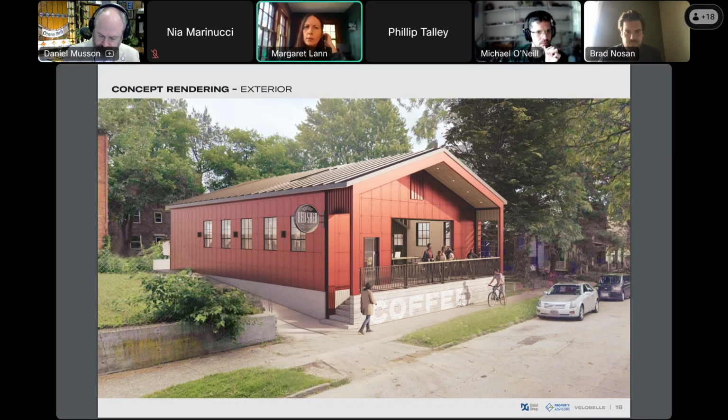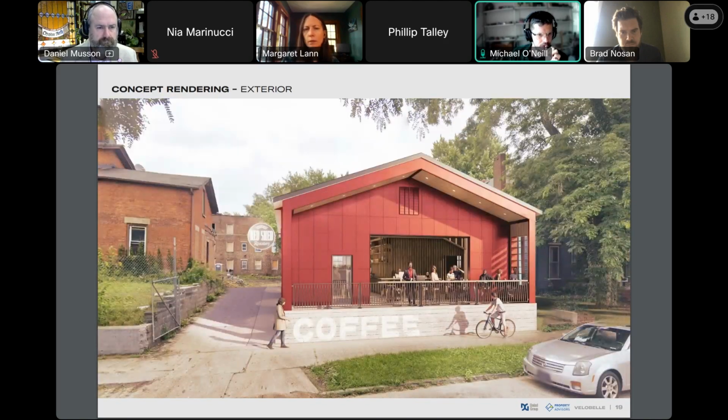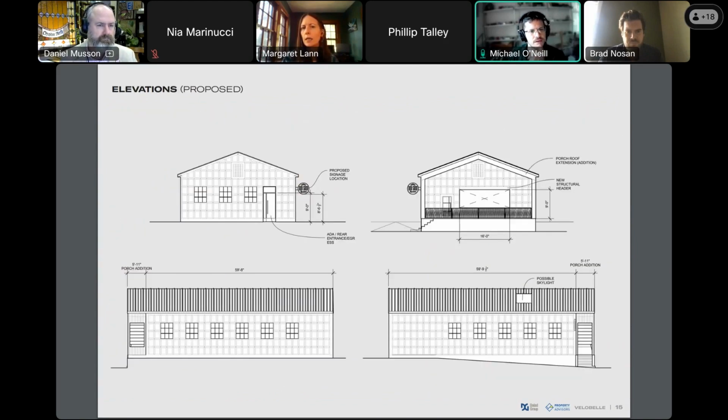Is it possible for us to get a description? I know you may have said it once, but one more time, I think you said it was a garage door that's going to be on the front of this. Yeah, if you go forward one slide, you can see it on the front here. It's this large opening that corresponds to the existing windows. Was there a rendering of it with the garage door closed? No, but you can see it would be visible on the inside if you go forward to the interior renderings.